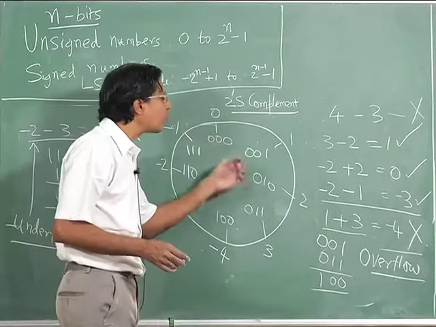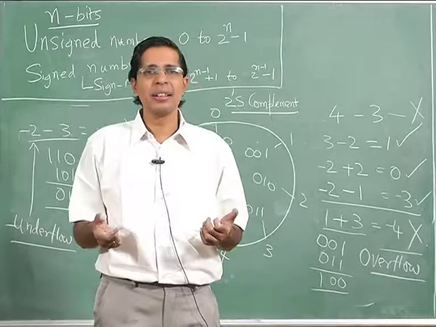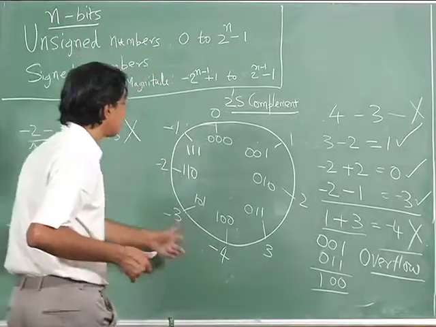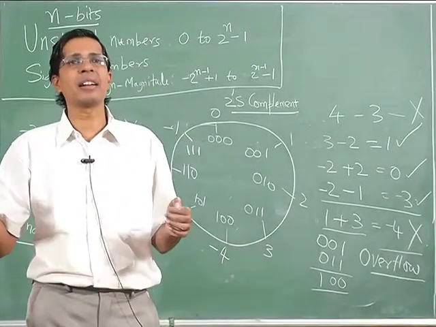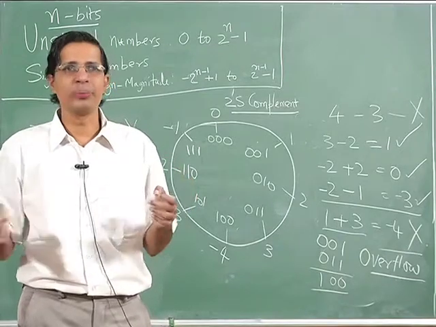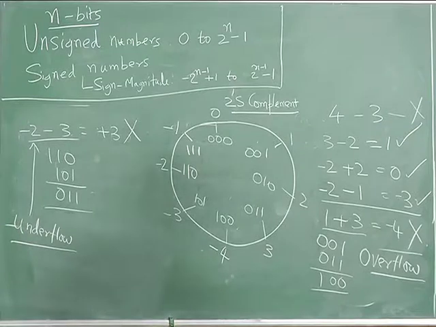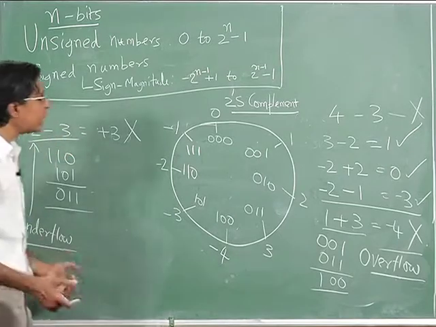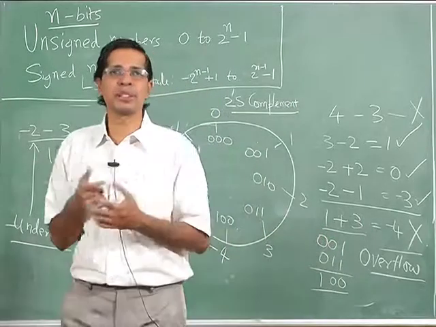So if I have one positive number and one negative number as my input to the adder, and both these numbers are within this range of minus 4 to plus 3, I can never create an underflow or an overflow. That we can easily verify here. It is a very straightforward exercise. So an underflow is created only when I am handling two negative numbers. An overflow is created only when I am handling two positive numbers.